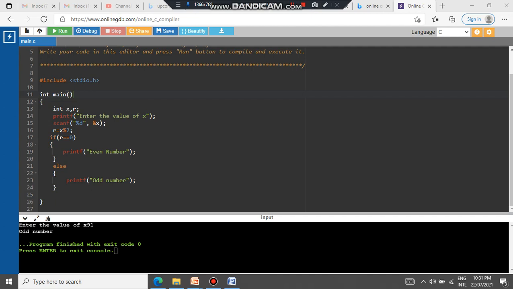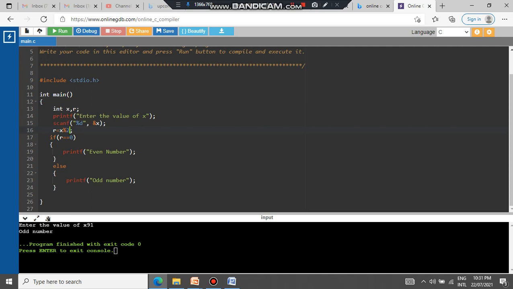Let us write another program. Let us try to understand another program: given a number x, we want to check whether the given number is divisible by 7 or not. Okay, so the same thing is to be done now. So enter the value of x, read the value of x, and I want to check whether it is divisible by 7 or not.